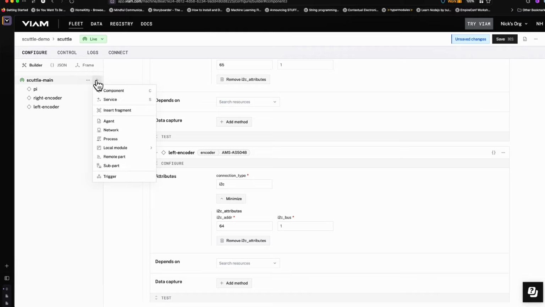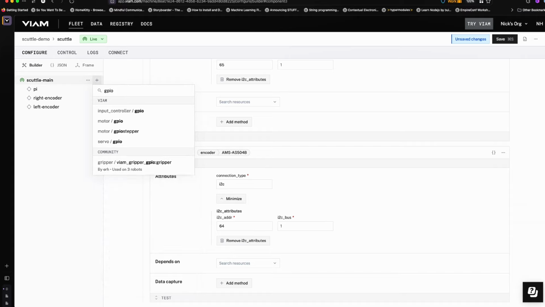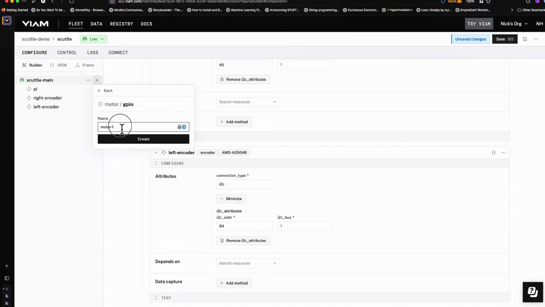We'll select our create component, and we'll search for GPIO, and we'll select our motor GPIO component and give it a memorable name. We're starting with the right one again, so doing the right motor. Create,